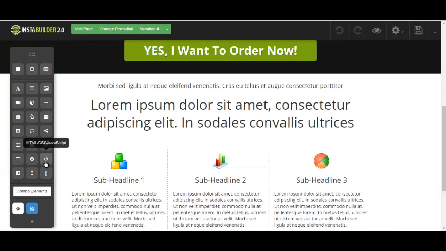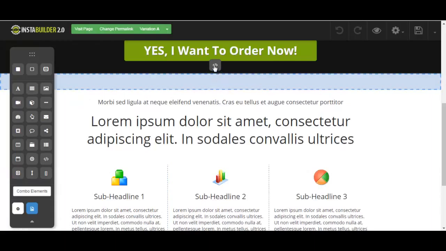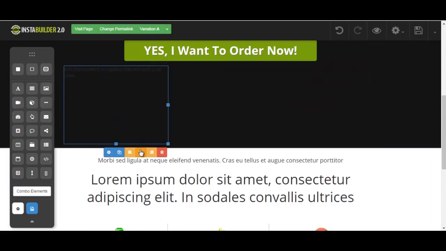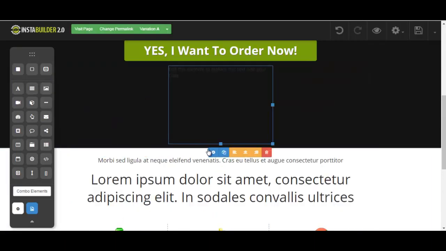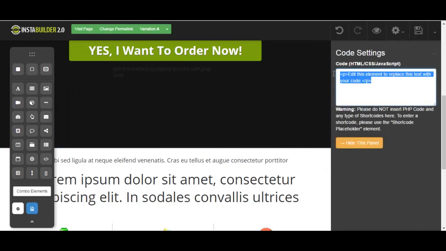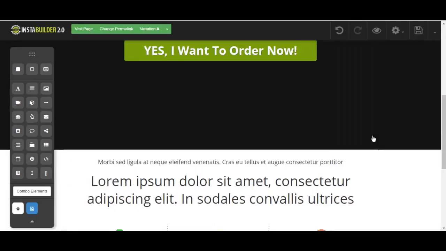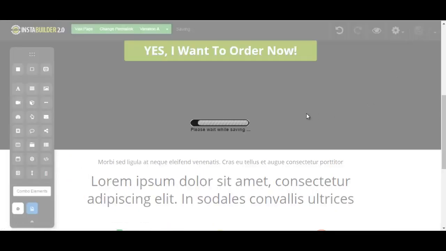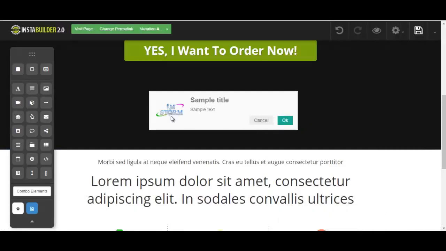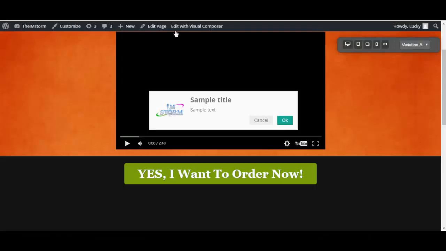Okay, here we go. And this is where you paste the code that we have just copied. Save it, and this is what it will look like on your page. Here we go, and you click OK,